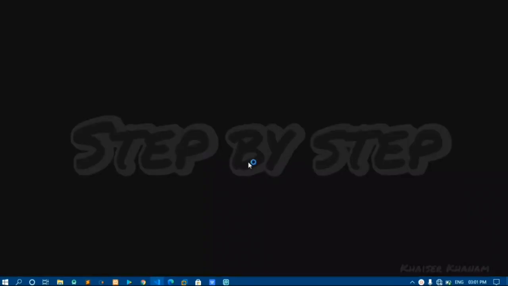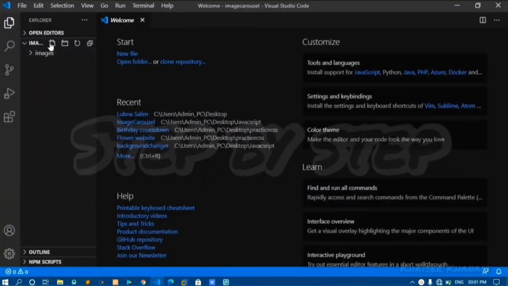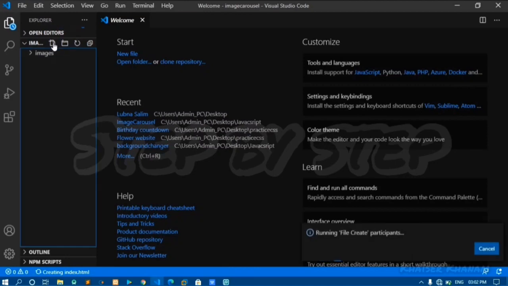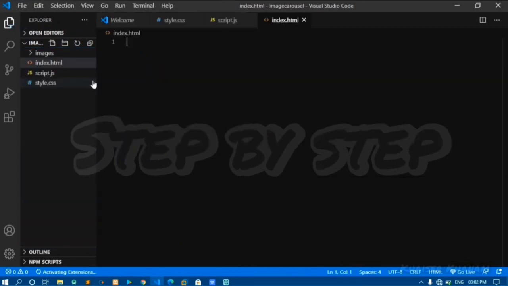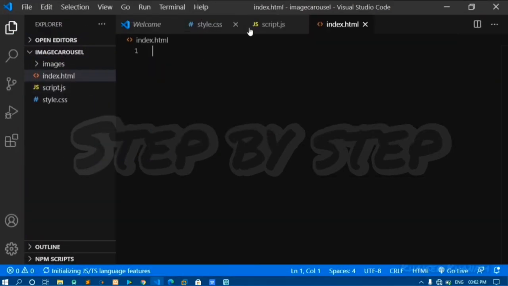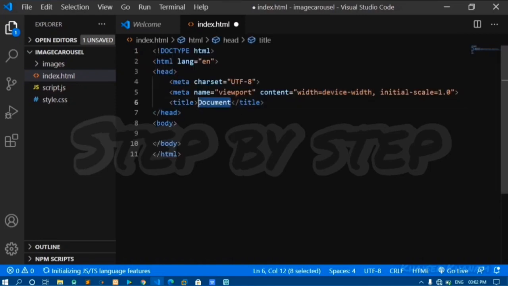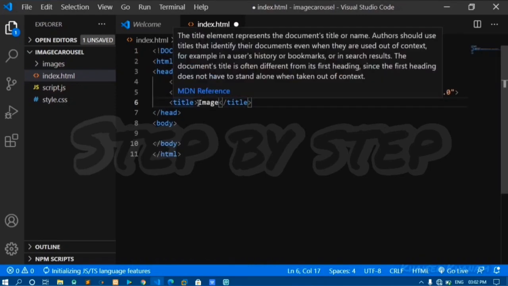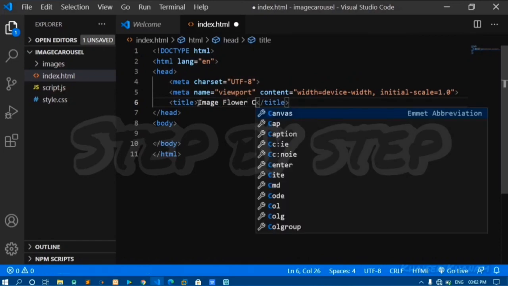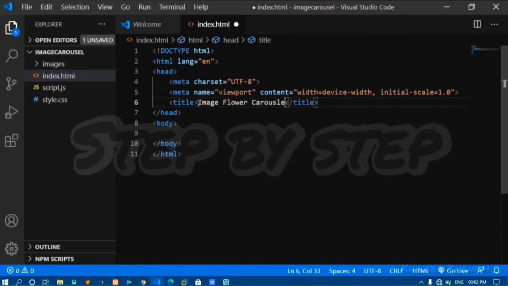Now first create HTML file, CSS file, and yeah, this is fine. So I will close this. Just index. Write the basic HTML tag, I just use this emmet, and change the heading to image flower browser,